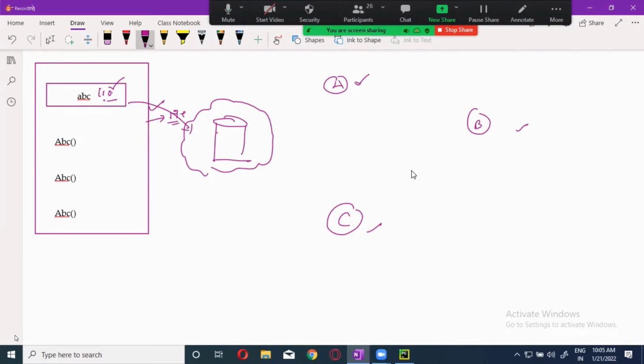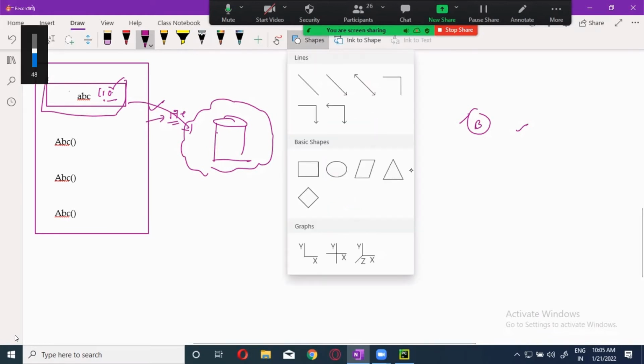But this person can't use this, and this person can't use this either. They have to copy the code and put it in their program, and here also copy it and put it there. That is again putting an extra load on your system. That is not recommended at all. So instead of putting this code inside my program, I will take a separate, common program, and whatever code is there over here, I'm going to